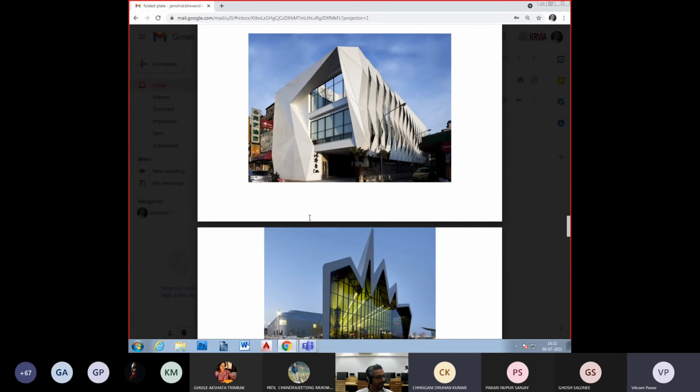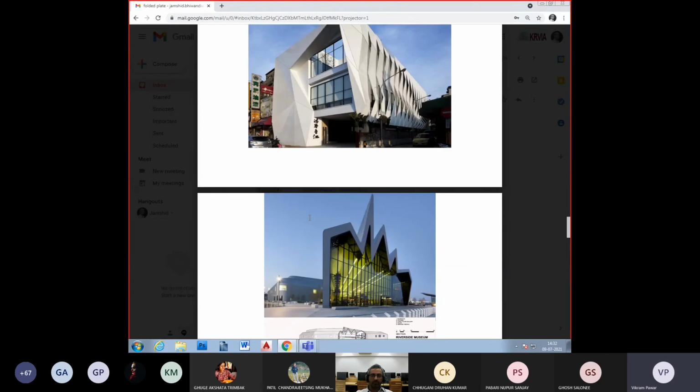So decking is a system which has become very popular because of two reasons. One is, of course, with the companies coming up and all that, the kind of finish that you are looking at, the aesthetics. But more importantly, it eliminates the time which is required for de-shuttering. So it becomes a permanent shuttering. Okay, that is number one.